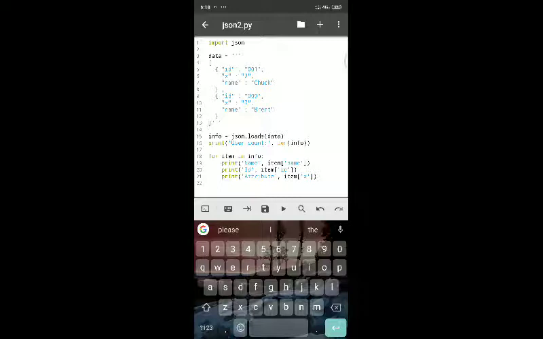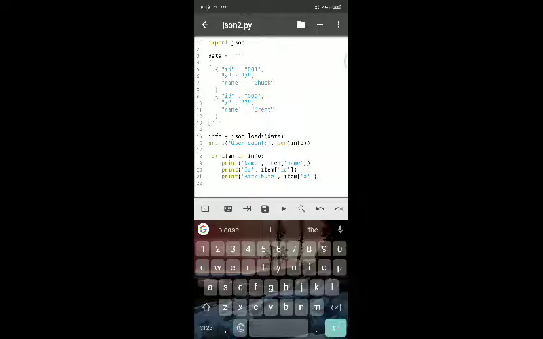Under that list we have two different elements, and each element acts as a dictionary. We are not mentioning user 1 and user 2 here, but in the first dictionary we have user 1 content as id, x and name, and similarly for the second dictionary we again have id, x and name with their respective values.